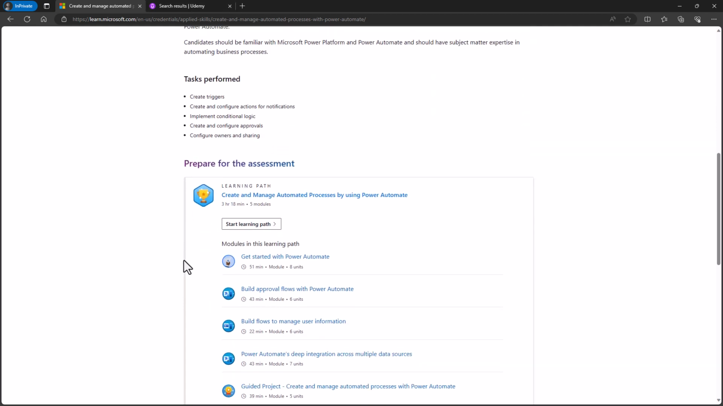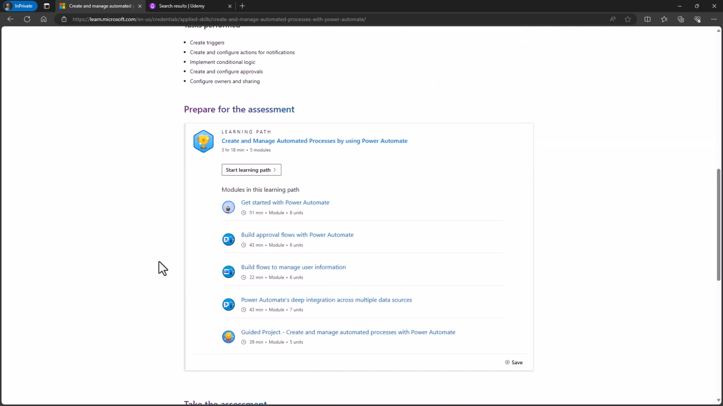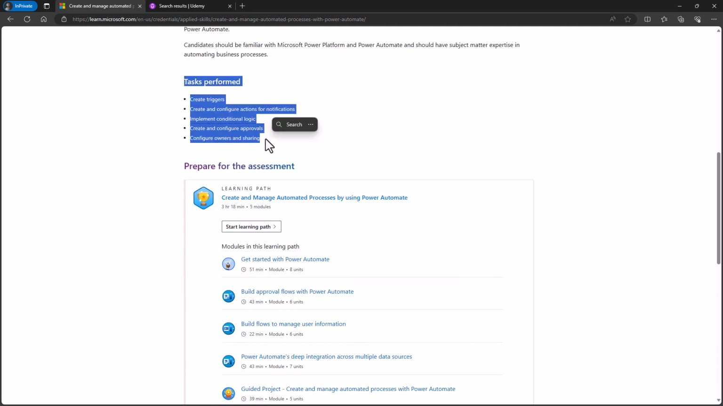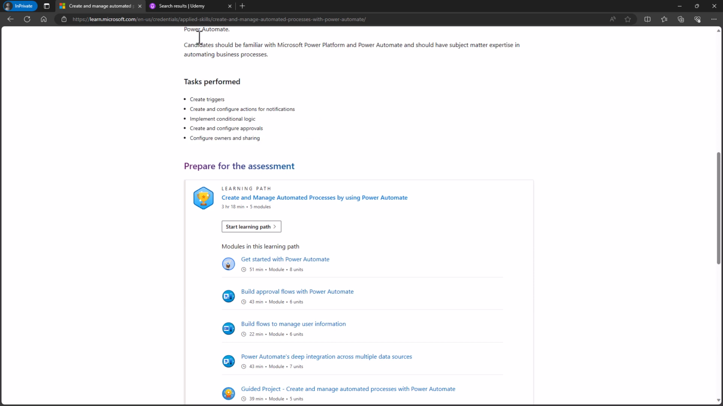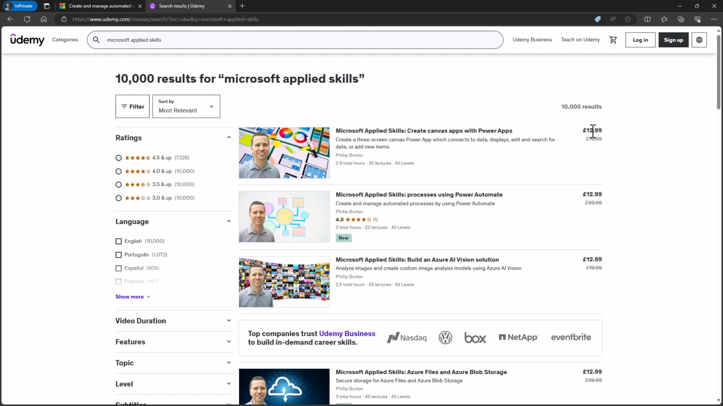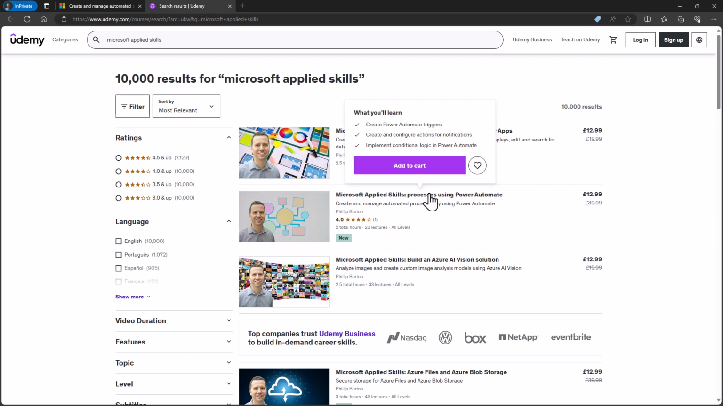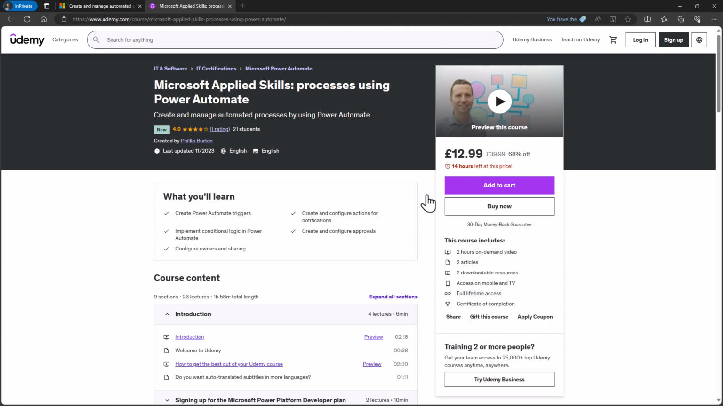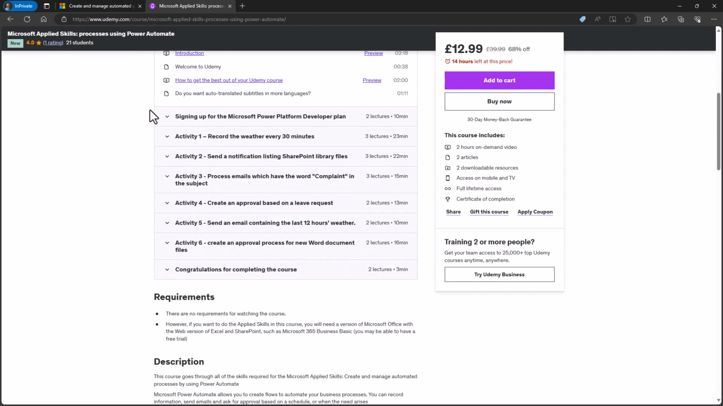And if you want to learn all of those, then there is a learning path on this page. However, this learning path was not created based on these particular tasks performed, so sometimes they go outside of the requirements. Alternatively, I hope you might join me in my new Microsoft Applied Skills course. So in this course, we will be learning the skills that you need for this Microsoft Applied Skills assessment in just 2 hours. We will sign up for the Microsoft Power Platform Developer Plan so you can do this for free,